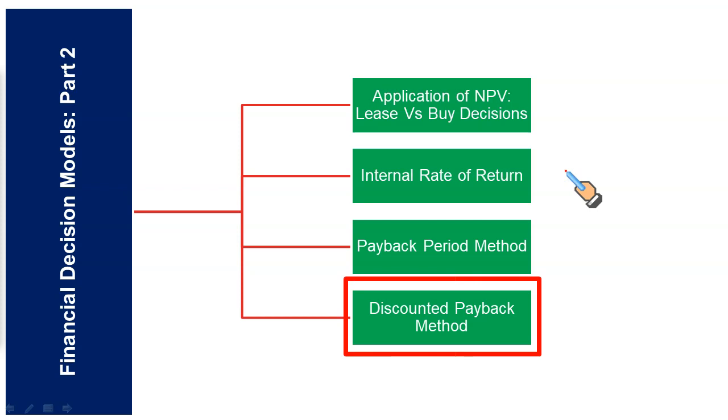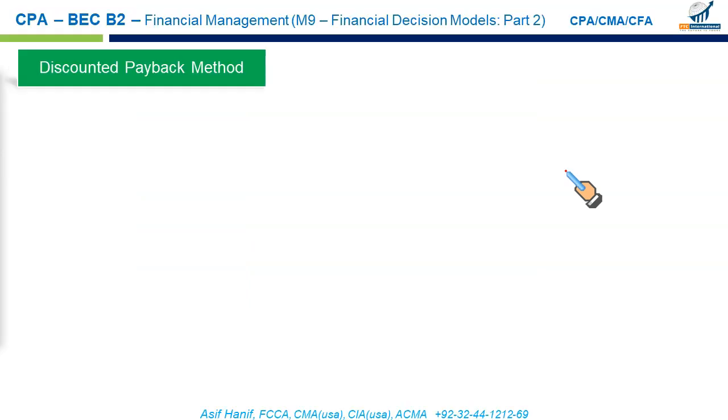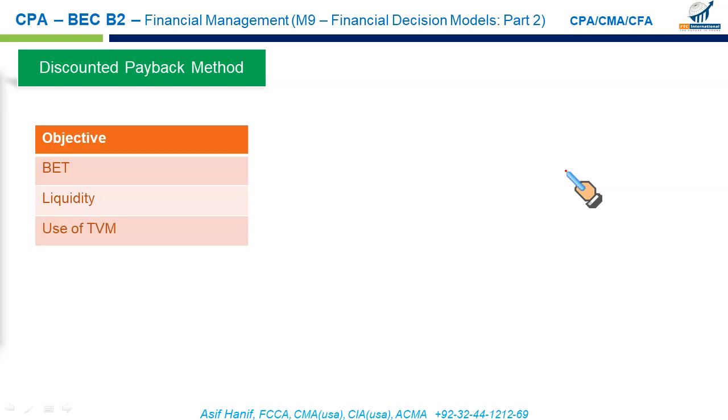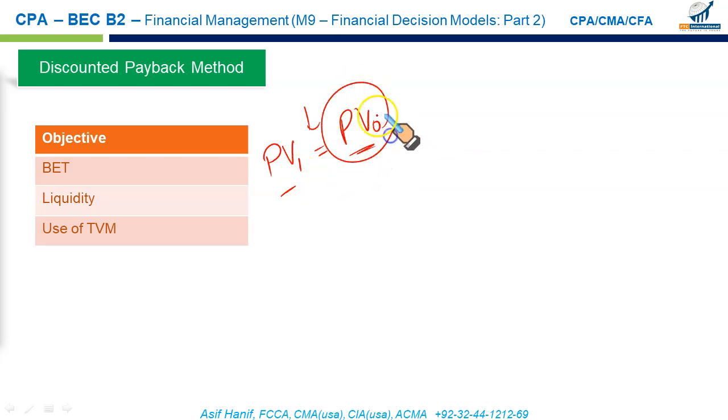Now the last topic we have is the discounted payback period. This is a little modification of your simple payback period method. What we do in this method is introduce the TVM into the computation. This is sometimes also called the break-even time: the time it takes to equate your present value of inflows with the present value of outflows. It might appear something like IRR, but it is not. It's called the break-even time, where the present value of inflows is equal to the present value of outflows, or in other words, your initial investment.